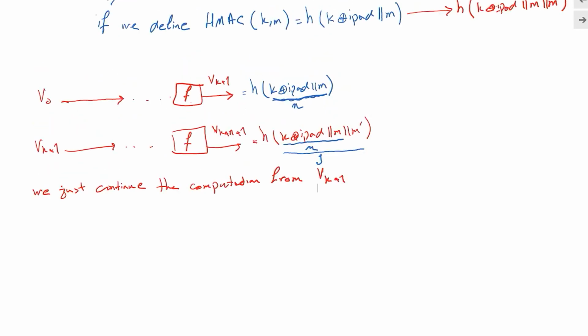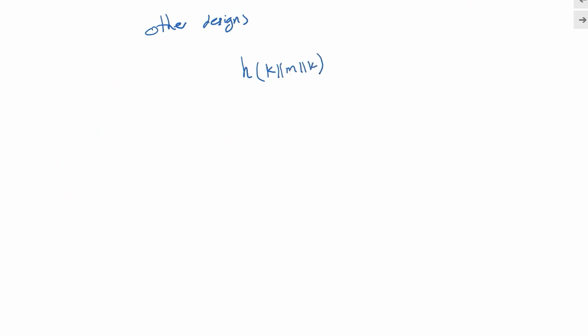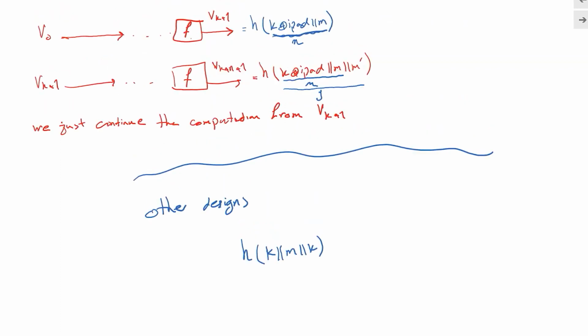So I hope this makes it clear that this is the reason sometimes you see that in some other designs of the hash functions, they also concatenate the key at the very end. So some other designs, let me make it clear. They do hash of M, hash of key. They just do one hash, but they do hash of key and then M, and then concatenate the key again, right? Because they know that this attack is possible, so that they can just continue iteration because